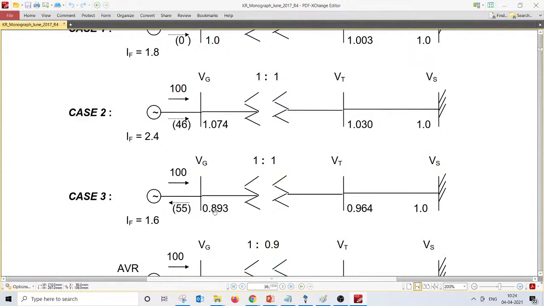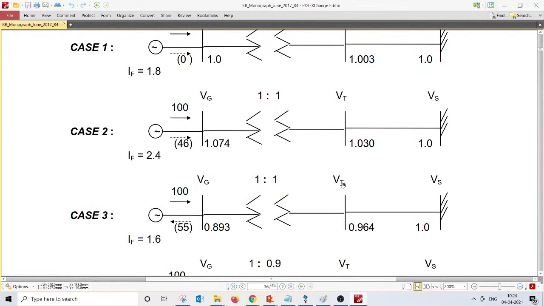So this reduction in voltage is not only impacting at this place, but also here you can see the voltage drops to 96.4 percent at this place. The same thing can be simulated using ETAP. I will come next week to showcase the impact of it, and how we manage the same thing, or how to simulate the same thing in ETAP.